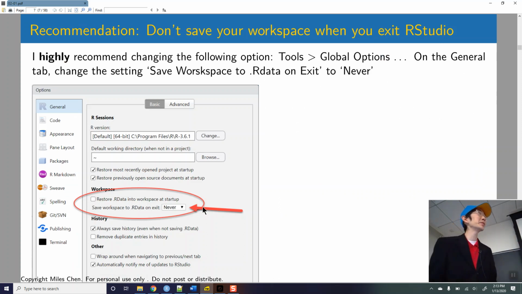This is a recommendation. Change your settings so that it never saves your R data when you exit, okay? This forces you to develop good saving habits, okay? And sometimes when you start up R,